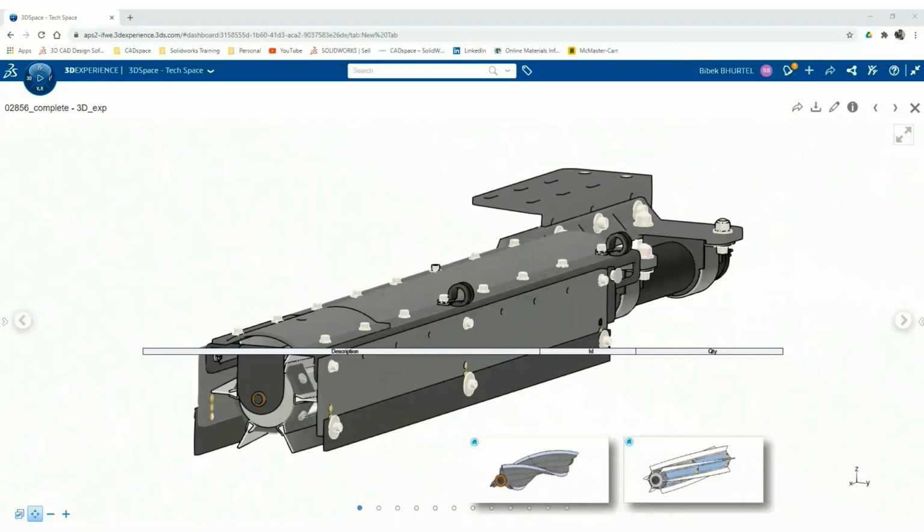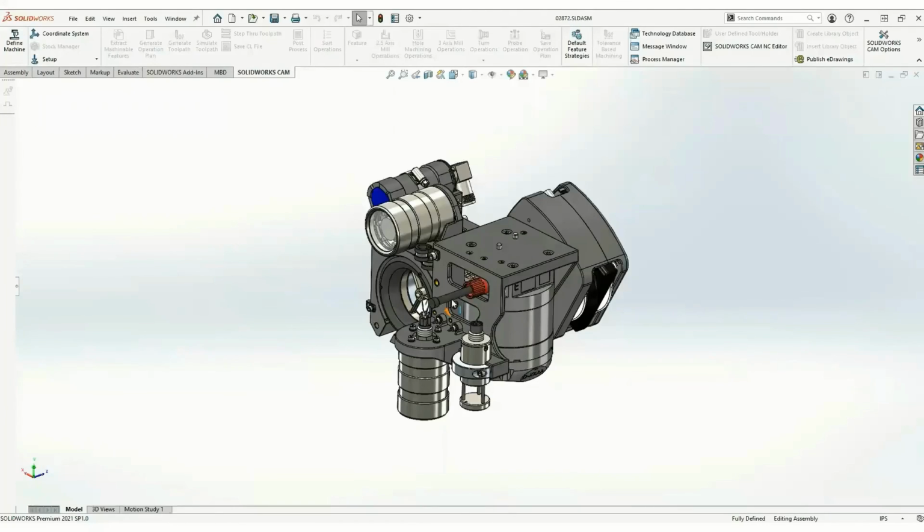That's all for Composer. So we'll move on to our next topic, CAM. SolidWorks